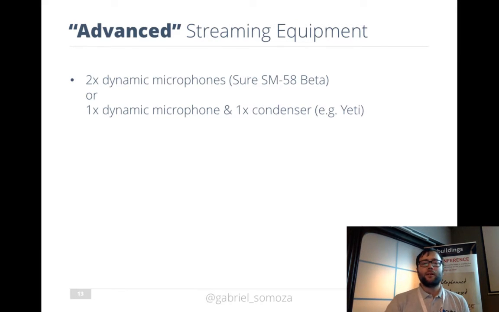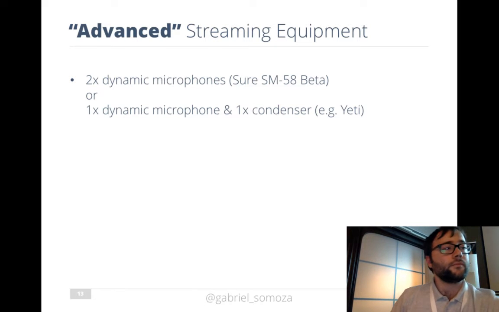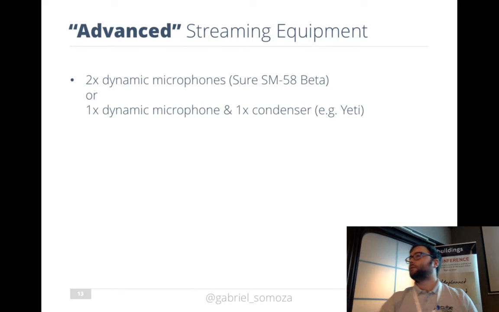And what I think is interesting about this setup is that you give the speaker the dynamic microphone, he holds it, and you put a condenser microphone like this Yeti Blue microphone on the table, like in the middle, right? And so if there are questions like what you asked, the condenser microphone is ideal for that. It captures sound all over, so it would capture that really well. And so people can just ask questions normally without having to pass a microphone around. So that's interesting for the condenser microphones.